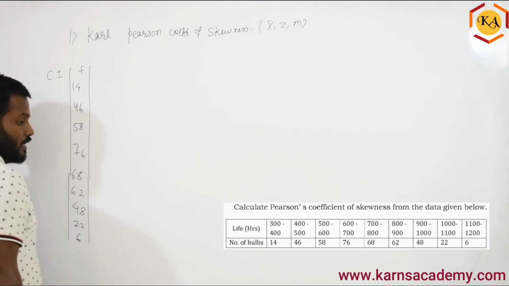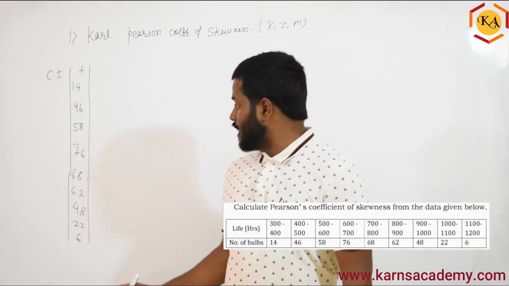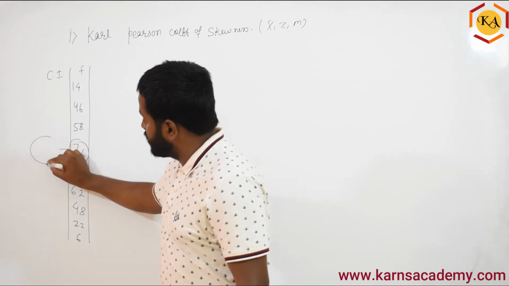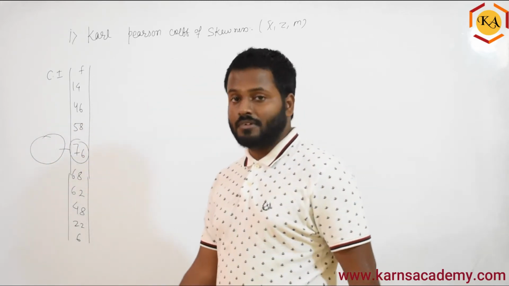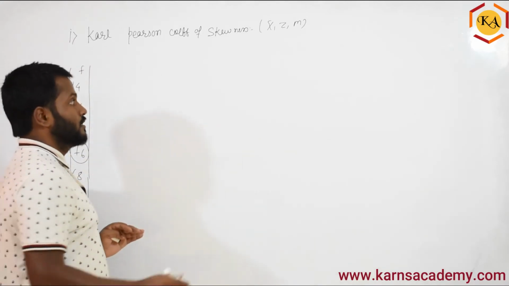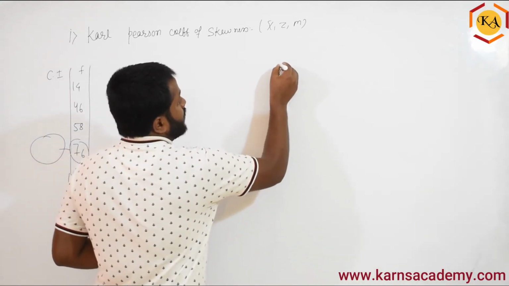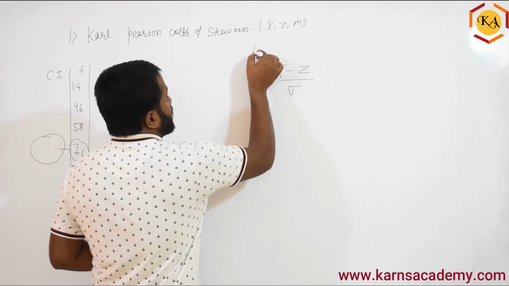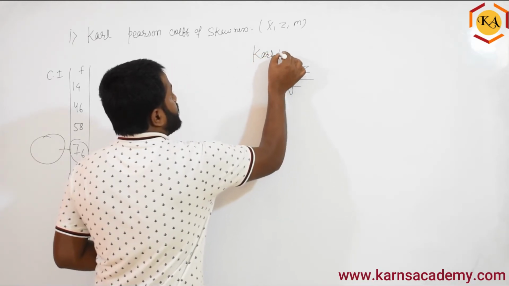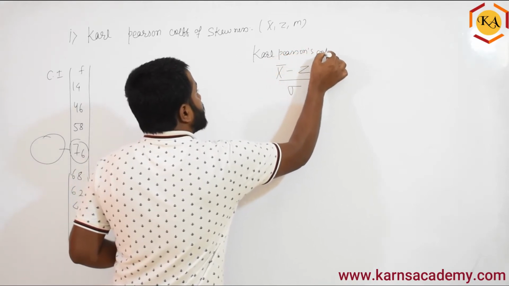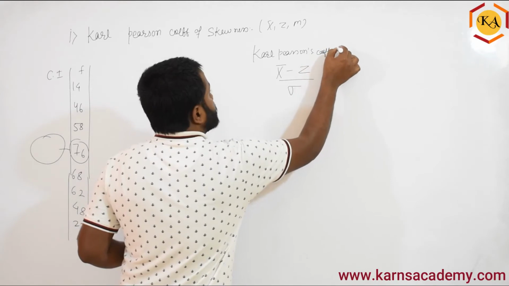You can see the highest frequency here is 76, which means based on the class they have given, you can easily find the mode. What do I mean by that? It means the mode is defined here. So it clearly says that when you apply the Karl Pearson coefficient of skewness,